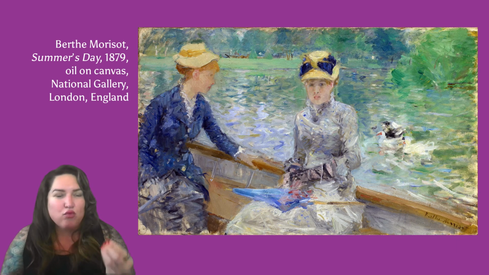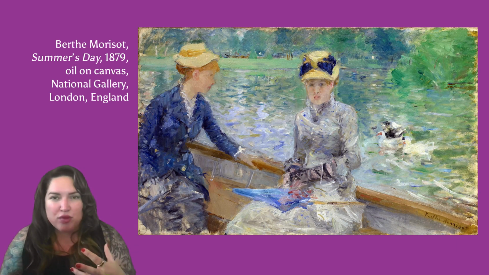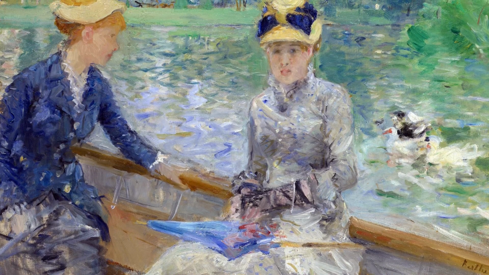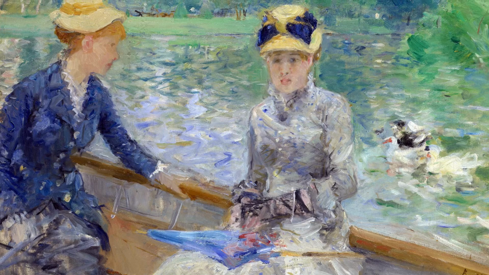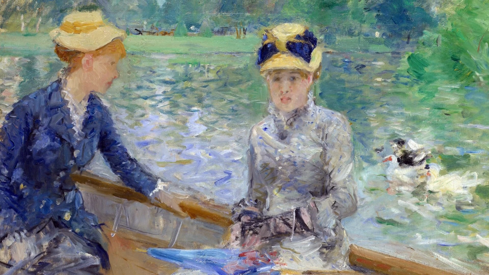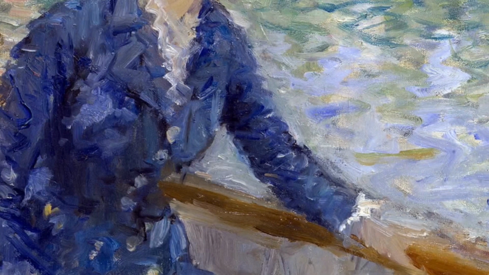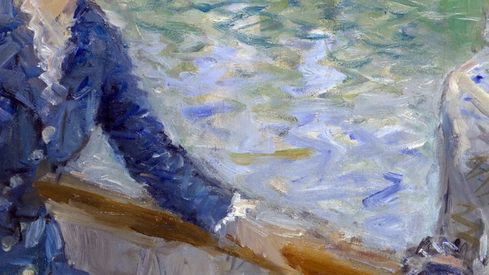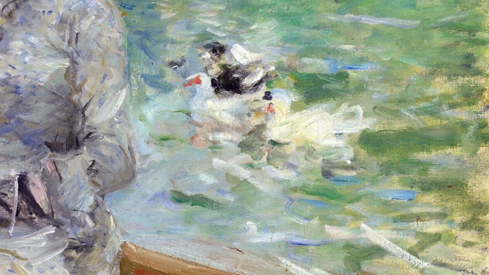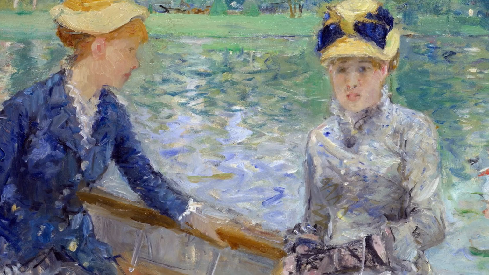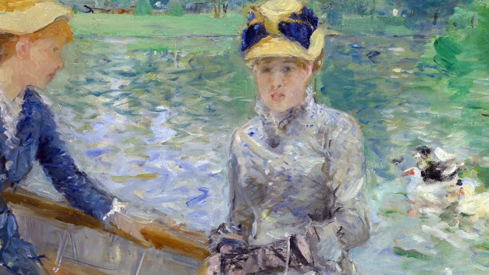We see that also in Berthe Morisot's Summer Day from 1879. And here we can see that really loose, really wild brushstroke. We have two ladies with hats and parasols in a boat out on a lake enjoying their leisure time. And again, you see those wild, loose brushstrokes. If you look at some details, for example, of the woman's sleeve on the jacket, you can just see this zigzag of paint. There are even some areas where the canvas shows through. So this is really not tightly rendered. It's done rapidly and with a sense of urgency that's trying to capture the sense of movement